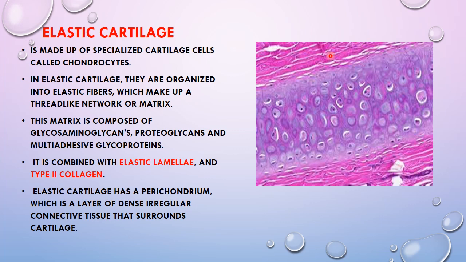Like the hyaline cartilage, it also has a perichondrium, which is dense irregular connective tissue comprising collagen fibers and fibroblast cells. The chondroblast cells occur in rows just below the perichondrium, and they are the stem cells for the chondrocytes. The perichondrium is responsible for the nutrition, the blood vessels, the lymphatics and the nerve supply of the chondrocytes.